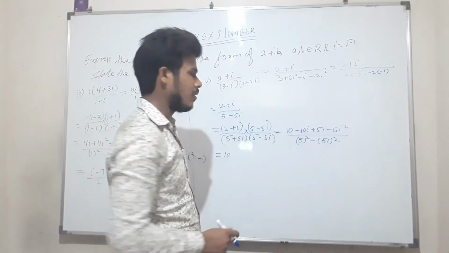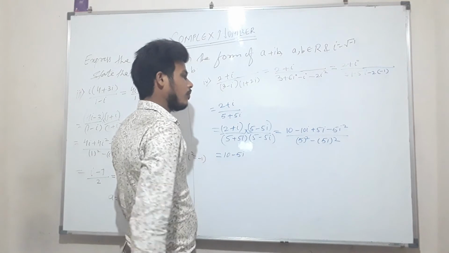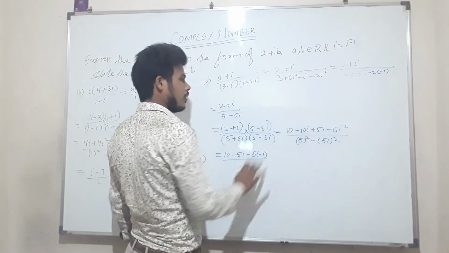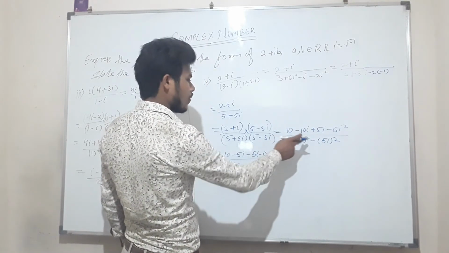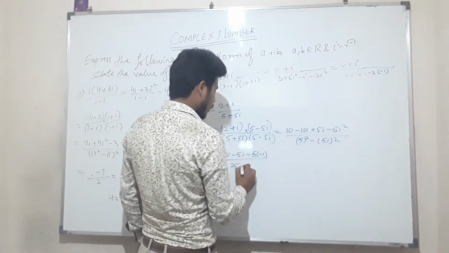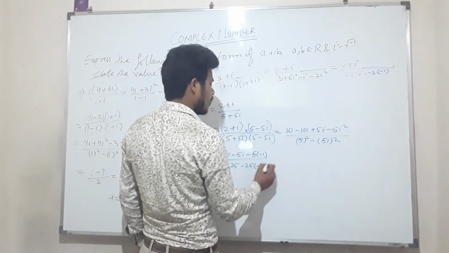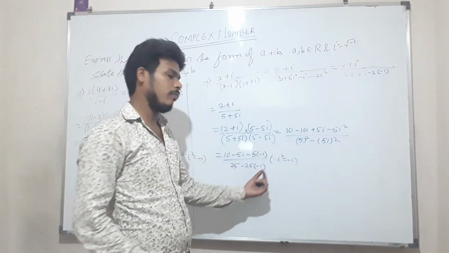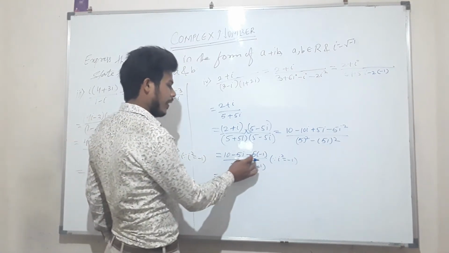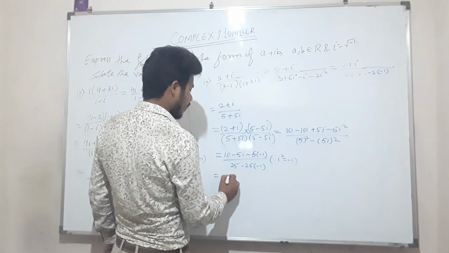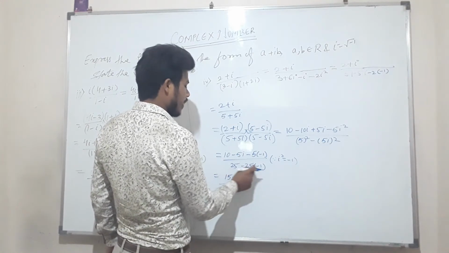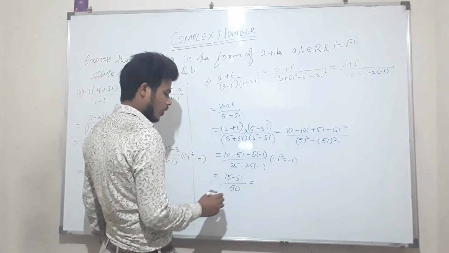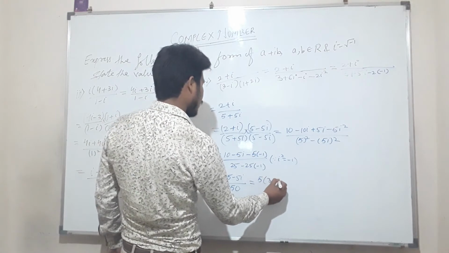So minus 10 plus 5 is minus 5, and minus 5 into minus 1, because i² is equal to minus 1. Again 5² is 25, (5i)² is 25 i², and i² is minus 1. Since i² is equal to minus 1, we are taking i² directly as minus 1. So it will be minus minus plus. So 10 plus 5 is 15, minus 5i, and minus minus plus, so 25 plus 25 is 50. We can take 5 common. So 5, 5 threes are 15, 5 ones are 5.